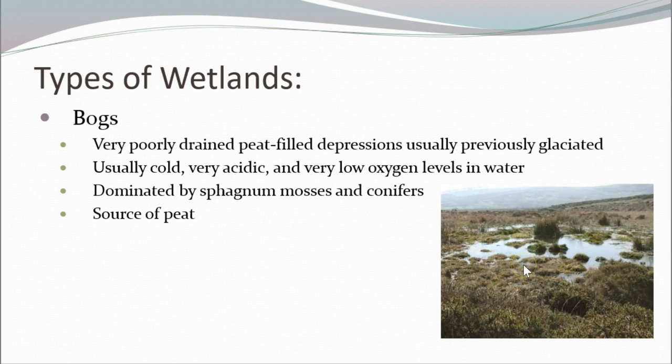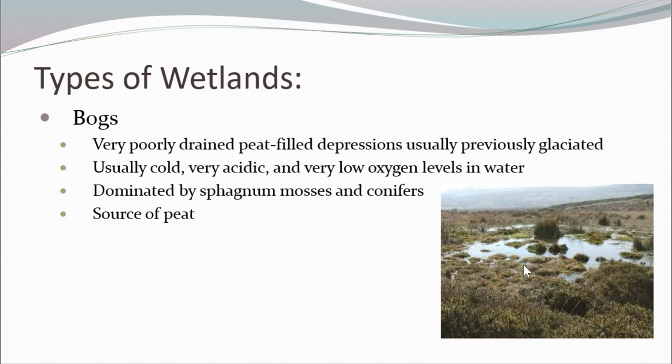This is all moss. Now, the reason I bring up bogs is that they are different than the other wetlands in terms of their diversity and stuff like that. Not a lot of diversity here. Having said that, though, they are a source of peat, which is a precursor to coal, and we will talk about that when we start talking about energy. All right, so general areas: